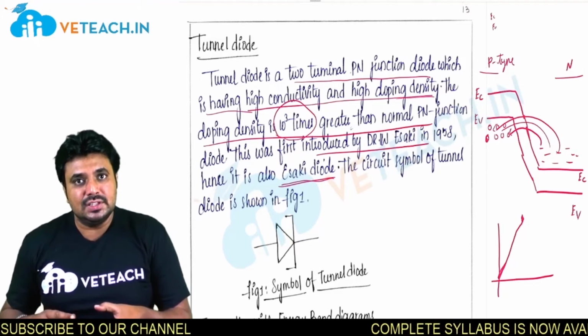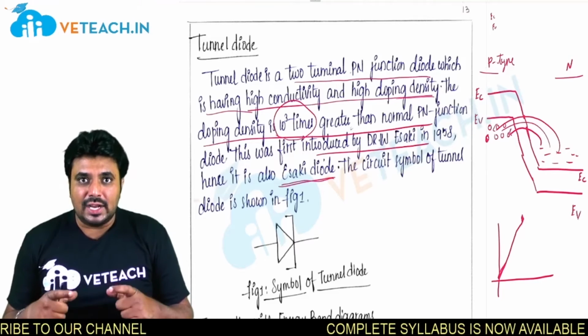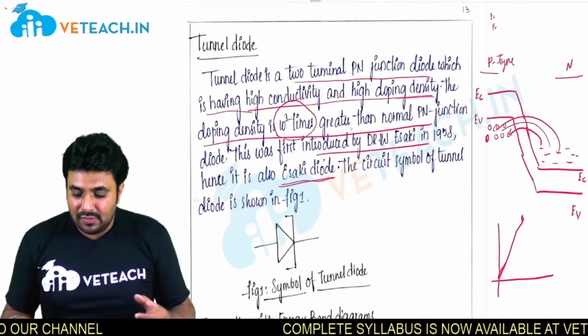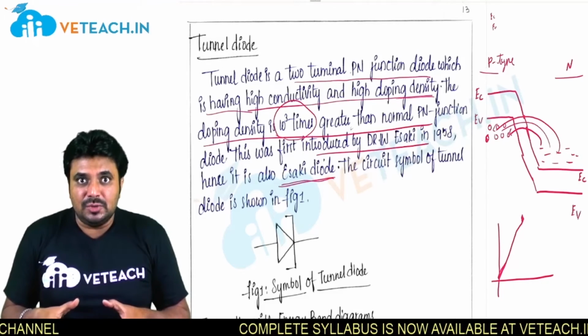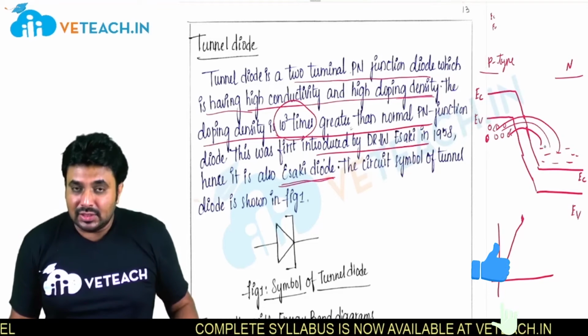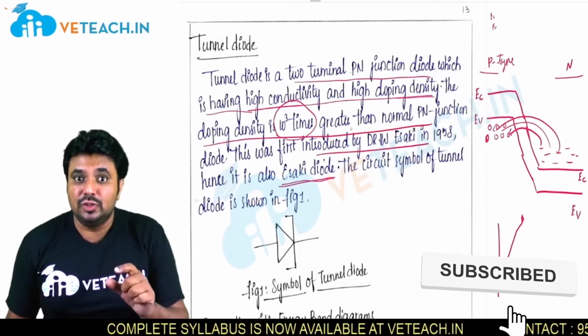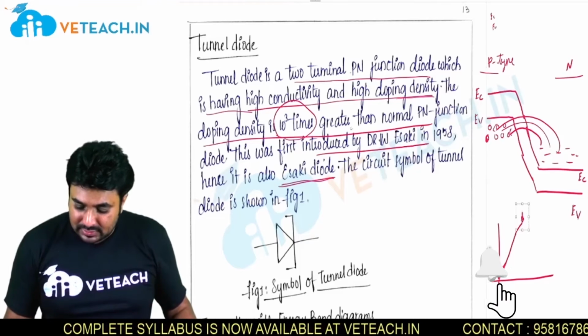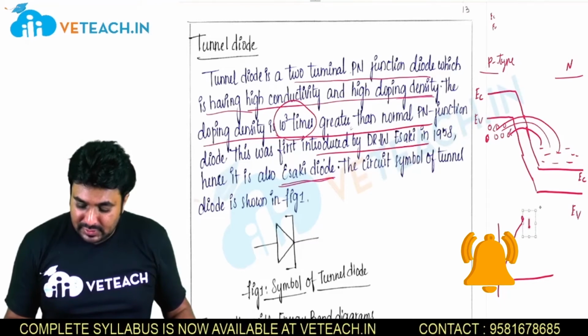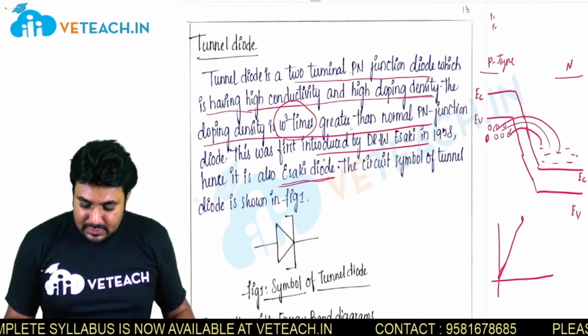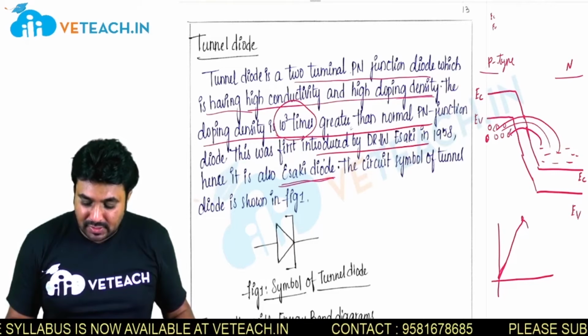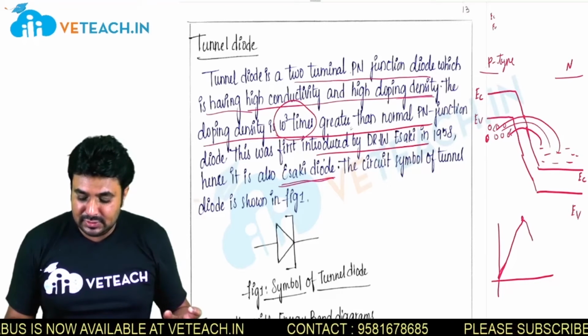If you are increasing the voltage, at that time the energy level at the N side is going to cross over. So again the number of electrons moving from N to P is going to be reduced, and that's why the current will decrease. That's why the current is going to decrease after the peak, if you still keep increasing the voltage.